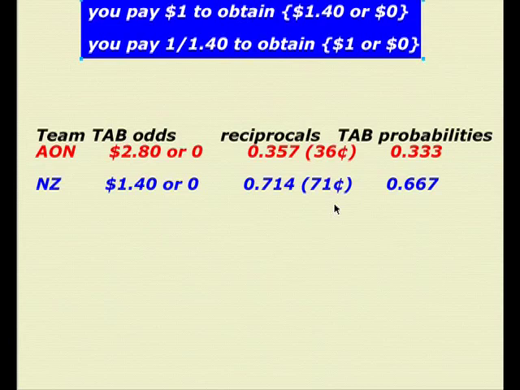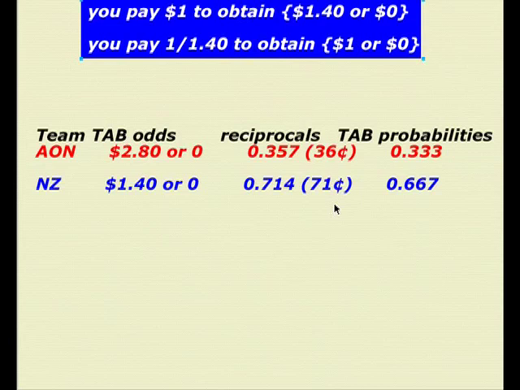But supposing he did, then I'm going to sell the TAB a ticket on the All Blacks at 36 cents. I'm going to sell the TAB a ticket on any other country at 71 cents. So what's going to happen? I'm going to get $1.07, right? Now, one of those outcomes is going to occur, assuming there isn't some sort of terrorist attack in the world, or the referees cheat or something like that, whatever it is that might call off the game. But the idea would be, I'm going to have to pay out $1, but I get the 7 cents for sure.